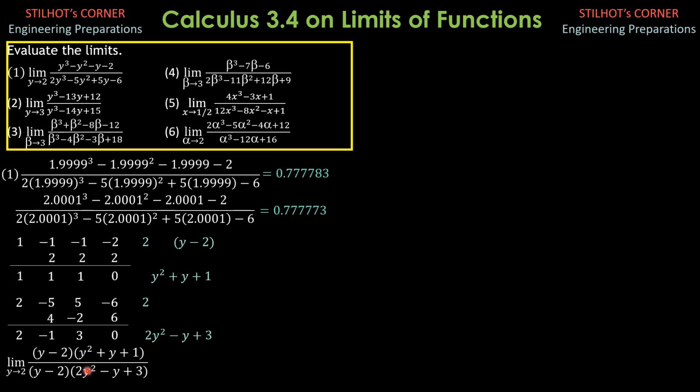Both the numerator and the denominator do not approach 0. So 2 squared plus 2 plus 1, all over 2 times 2 squared minus 2 plus 3. The numerator is 2 squared, 4, plus 2, 6, plus 1, 7. The denominator is 2 times 2 squared, 8, minus 2, 6, plus 3, 9. So that's why it is really 7 over 9.